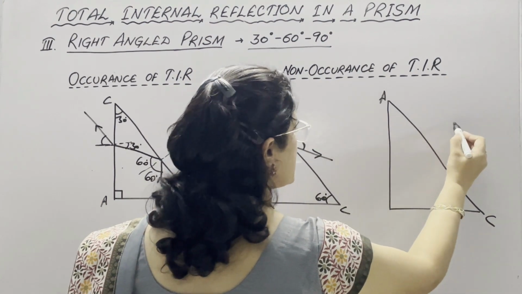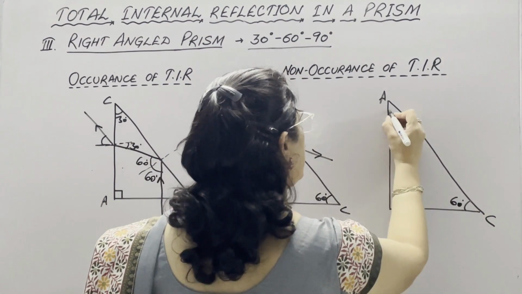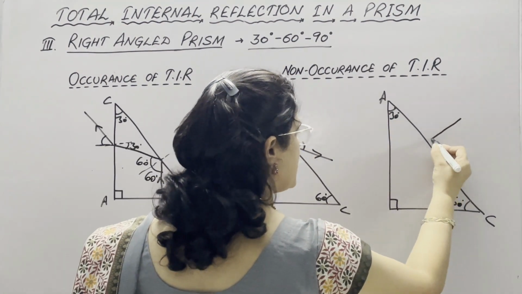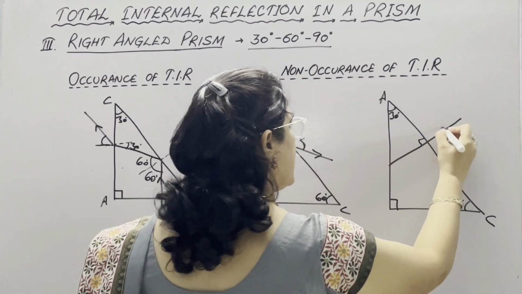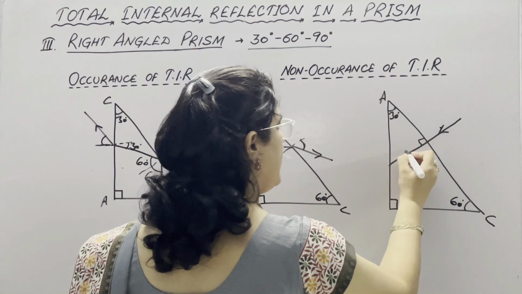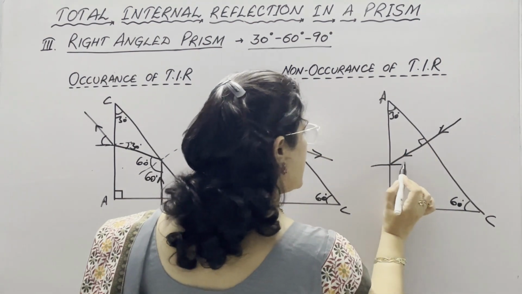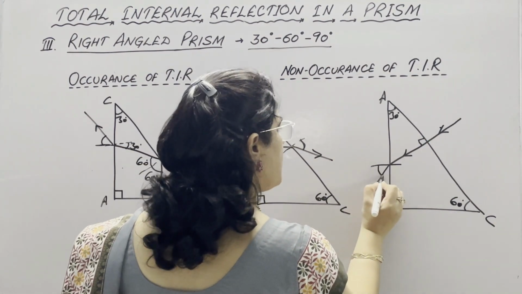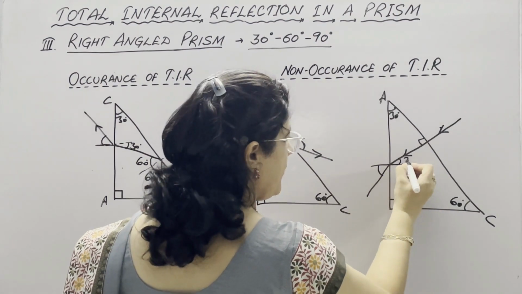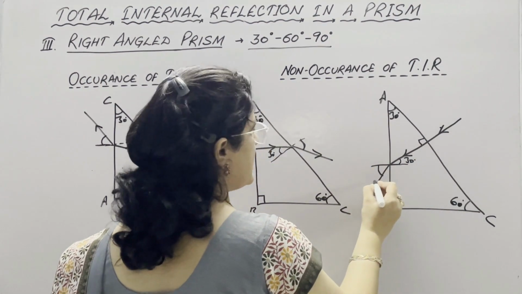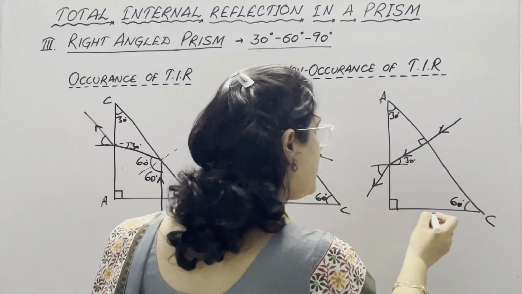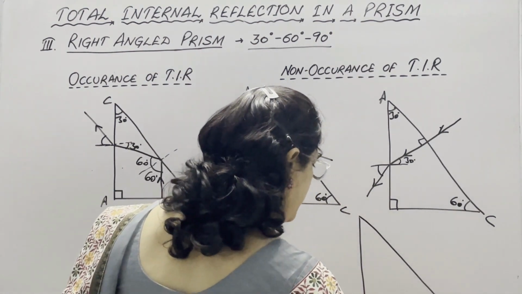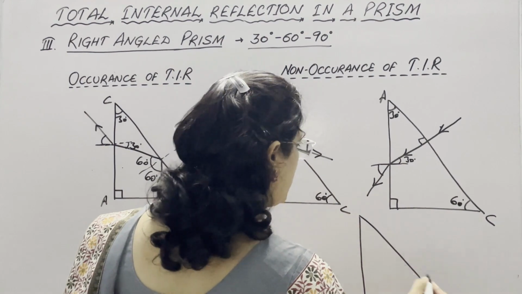When light is incident from this side, here this is angle of 60 degree, angle of 30 degree and angle of 90 degree. When the ray is entering from this side, it passes undeviated because it is striking normally on this side, and when it strikes on this surface, it is entering from denser medium to rarer medium, it passes away from the normal, making an angle. Again here angle is 30 degree and here it is more than 30 and less than 60 degree, it is emerging out. But here one exceptional case is also there, when the incident ray is striking near the bottom of the